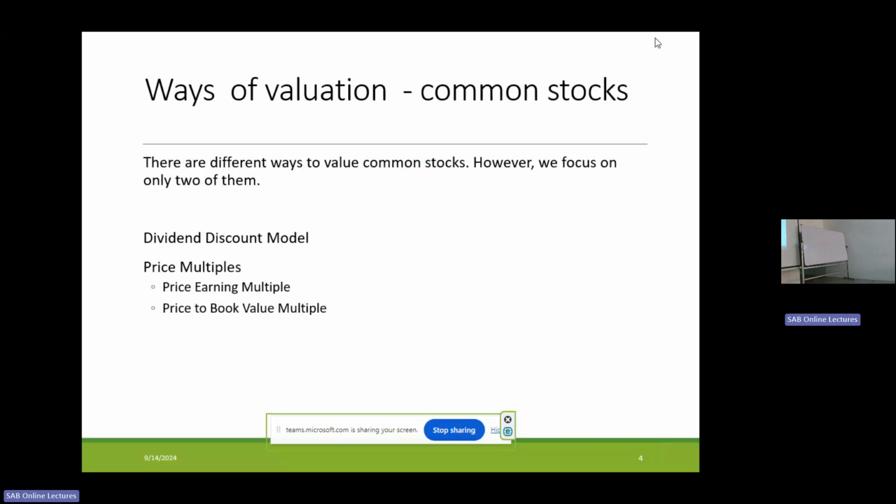So basically we are using these two methods. There are some more than these two, such as the economic value added method and the market value added method, and some other methods as well. But you should learn only these two: the dividend discount model and the different price multiples. Right, so let's go to this